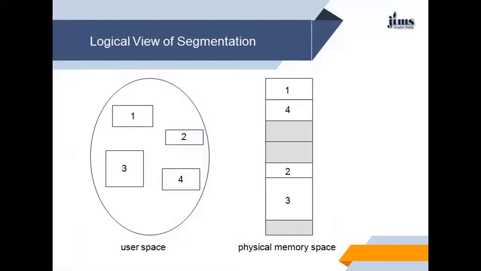But you can see in this case, these 4 segments have different lengths. 1 has a different length, 2 is different, 3 is different, and 4 is different. So in the middle, we are also able to see some free spaces. We are able to see these 3 spaces, but suppose a process comes which is of a size combining these 3. Since they are not contiguous, it will not be allocated.